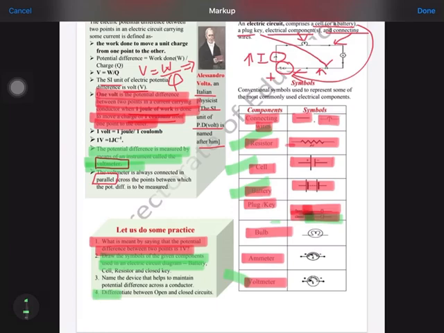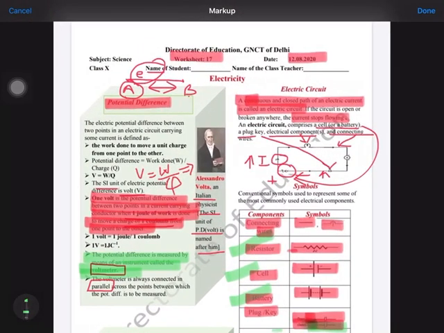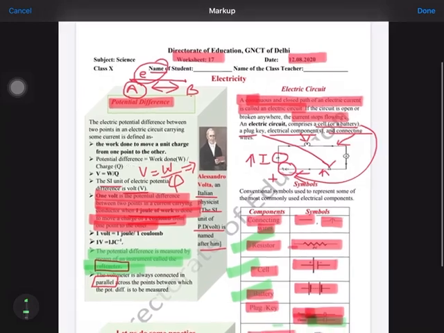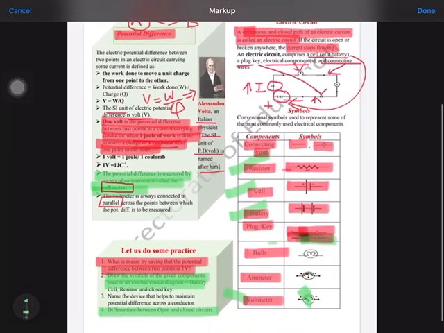Now differentiate between open and closed circuit. When we say differentiate, it is here. A continuous and closed path of electric current: when the current is flowing in it, it is called a closed circuit. When the current is not flowing, it is called an open circuit, okay. Second point you can write,